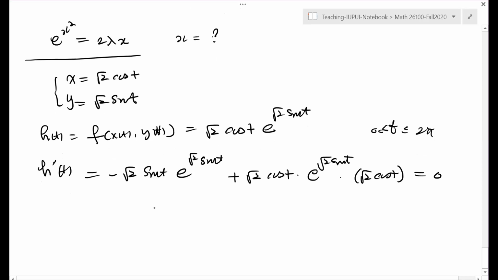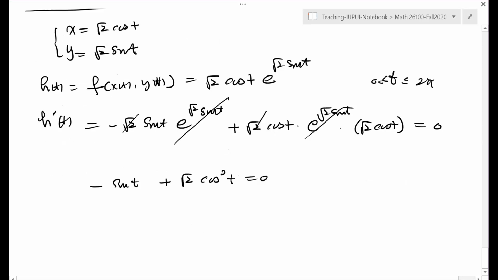you see, we can cancel this, right? When you set this equation, we also cancel square root 2. So negative sine t plus square root 2 cosine squared t equals 0, okay? As long as you find the value for cosine t, then you solve the problem. Now, I think we can solve this problem using the first method. So, okay,